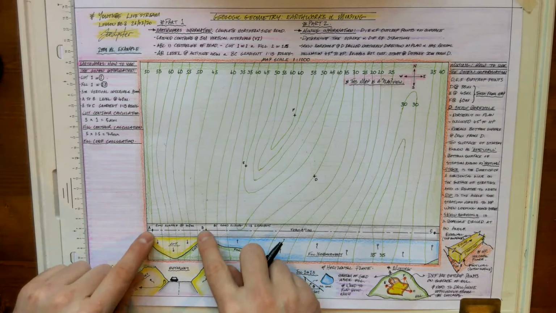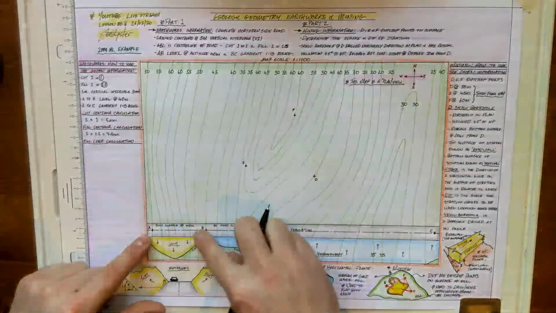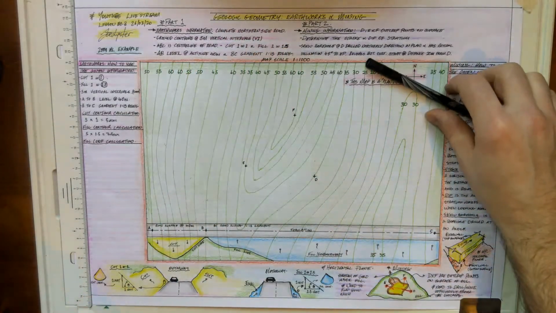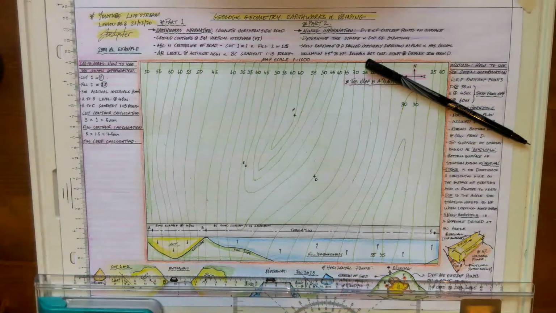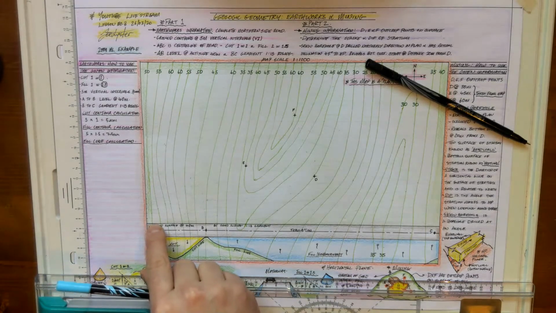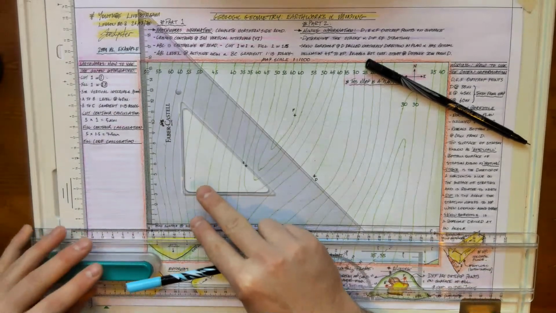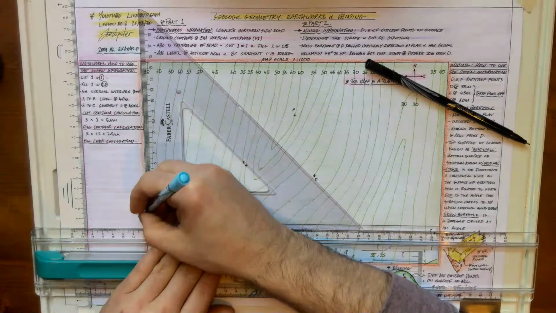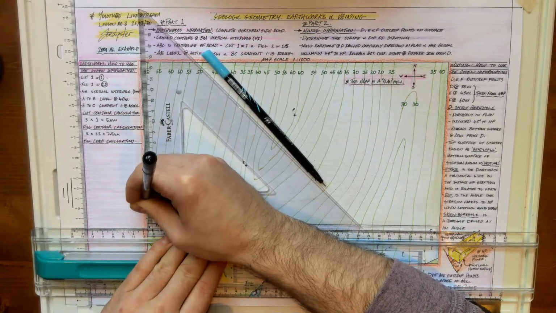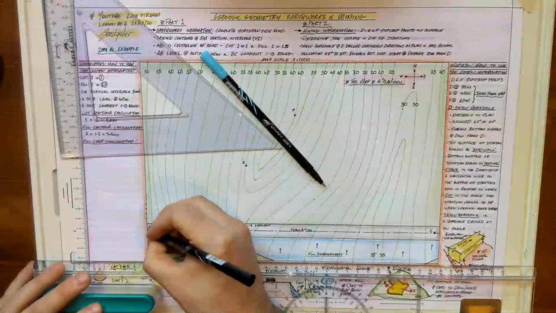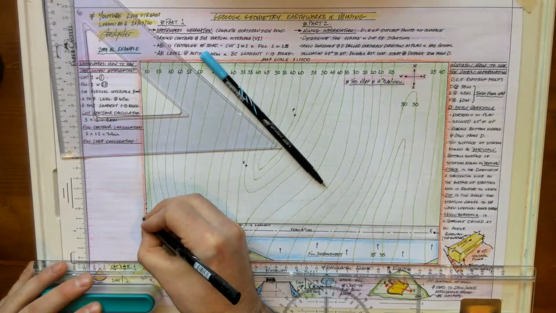So what I'm going to do is focus on this part of the road here, A to B first. And it said up here that A to B was level at an altitude of 40 meters. So from the side of the road, we can take it that this line at the side of the road is at a height of 40 meters. And what we're going to do is step out now. As I do that, I would generally mark on the very side of the map here. If that's 40 at the side of the road, then this one here is going to be 45,